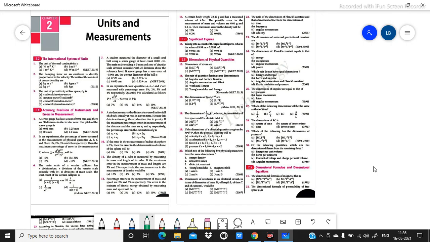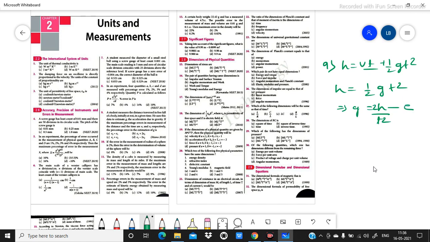We can also write this as question number 9. If it is a free fall, then you can write the equation as h equal to ut plus half g t square, and the initial velocity is 0, so you can write h equal to half g t square. So finally you can also write g equal to 2h by t square. So if he is making error e1 in h and e2 in time, how will the total error be? The total error will be power into error.